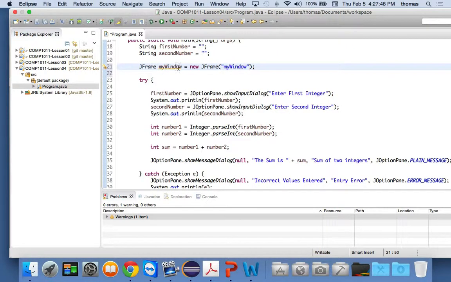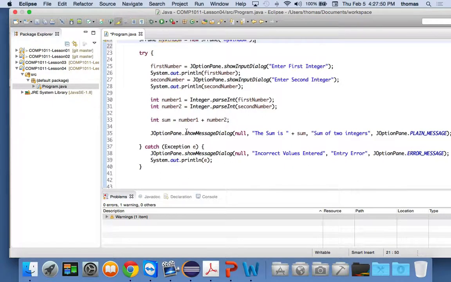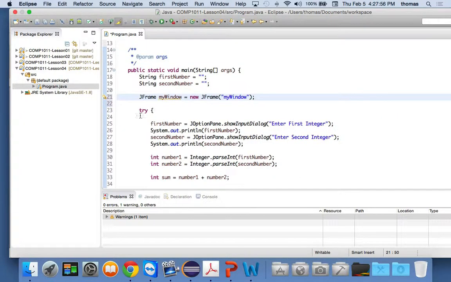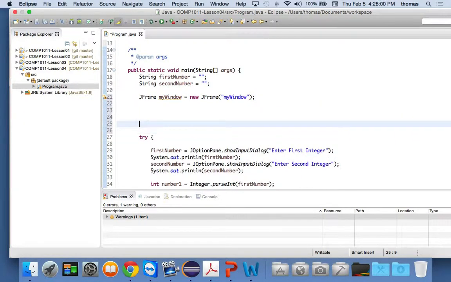So now that I've declared my window inside the body of my class, I can go further down. And let's say I want to do this not in my try catch, but before. So before I do my little pop-up, I just do it here, just to leave everything the way it is. And I guess I'm basing it off our last lesson 4, but we're going to come back and create our new lesson in a second. Okay, so if I say